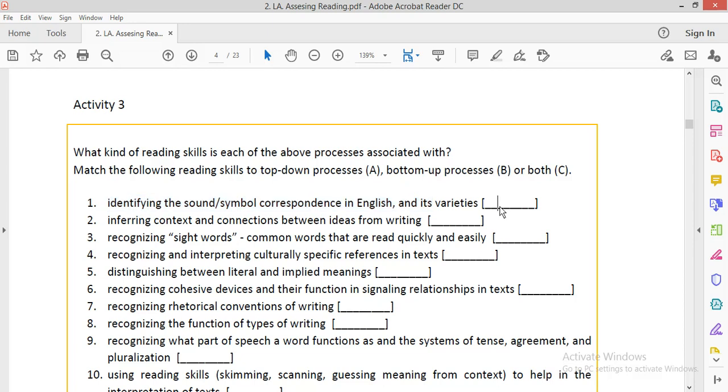For example, in here, identifying the sound-symbol correspondence in English and its varieties. It is identifying the sound first. Identifying the sound is bottom-up. The symbol identifying first is bottom-up. Okay, this is B. Next,